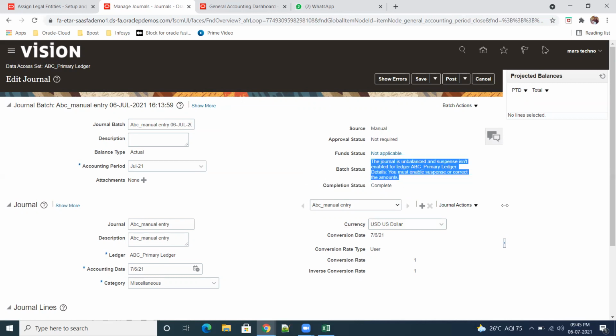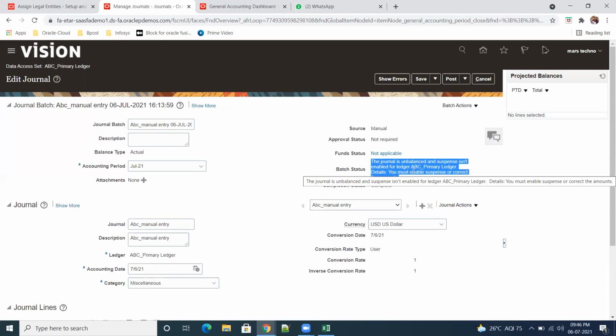But I created one primary ledger through rapid implementation. So we will take that one, add it, and double check whether we get the same issue or not. Because why are we getting this? Because we have not entered the suspense account in the ledger.